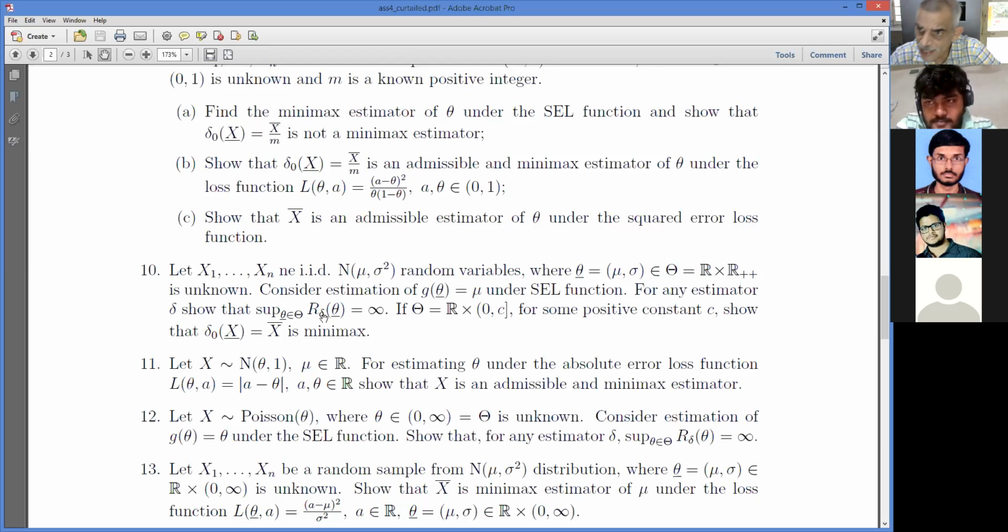So when sigma square is also varying, you are talking about a supremum over a larger set. Supremum over a larger set would be further larger. So first you prove it for fixed sigma square, it goes to infinity. Then for any sigma square, it will go to infinity. Is that okay? Yes, sir. Because first I saw that for any fixed sigma square, the supremum over mu of R(delta, mu, sigma) goes to infinity. Now I vary sigma also. When you vary sigma, I talk about a supremum over a larger set, because now sigma is taking more values. And you know that the supremum over a larger set is larger. So that would also go to infinity.